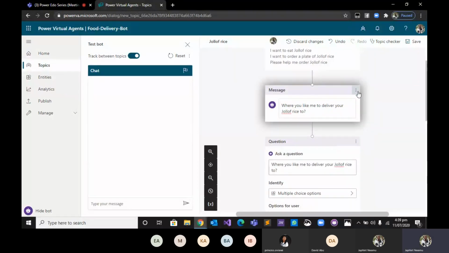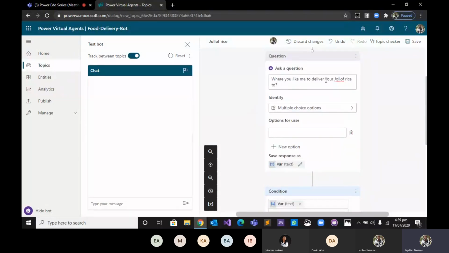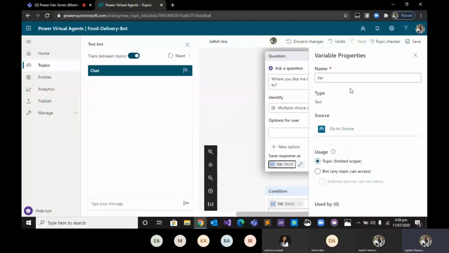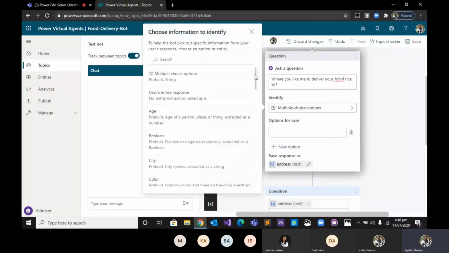The reason I'm bringing this question here is so we can have a variable. Whatever the user inputs here would be taken as address. Now, the address would be a text. We can't put options for the user because each user has their own address.